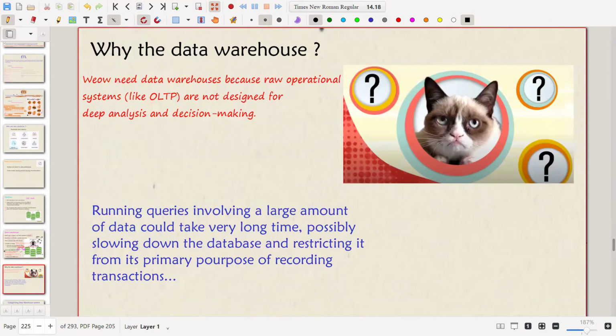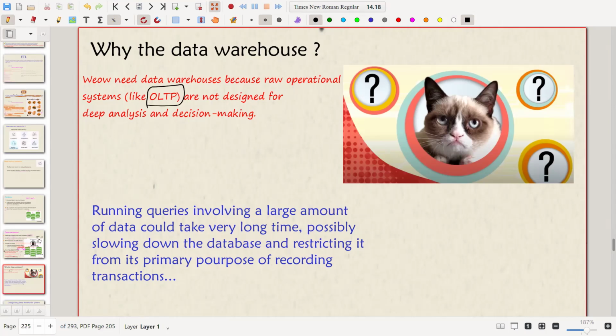Fine. So why do we need the data warehouse? You can see, data warehouse is very nice because many operational systems you can perform. What is OLTP? OLTP is nothing but